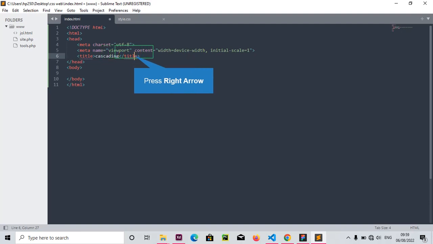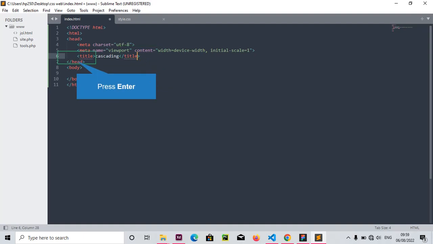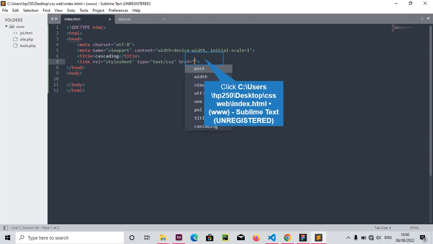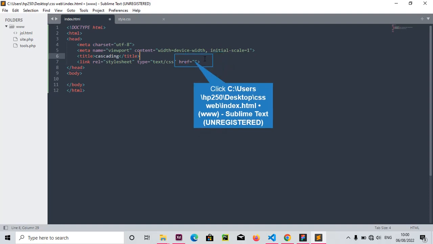So now the first thing we do after creating the HTML environment is to link our CSS and HTML together. We have to link it because we'll be working with both. So the tag for linking is called the link tag. So this is the tag. Let me explain it. You can see here, the tag is link. Then the rel